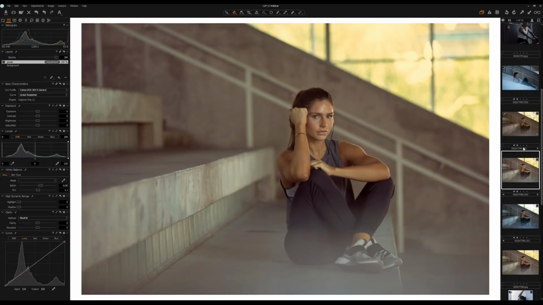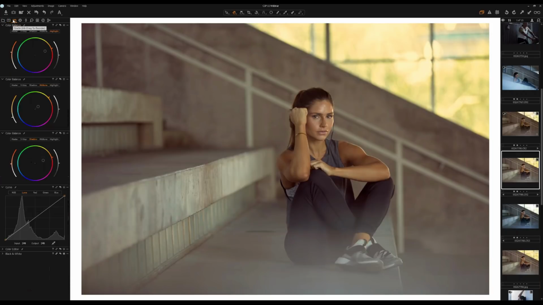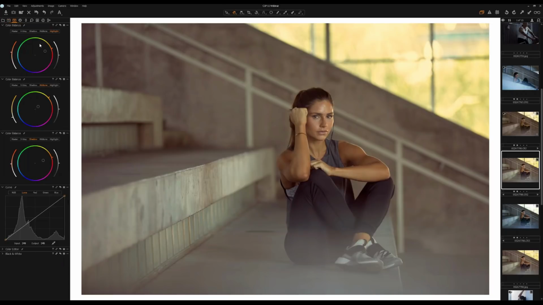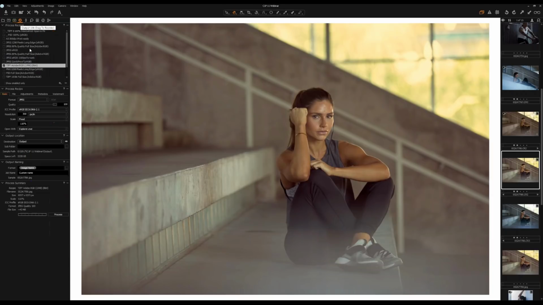So if we notice here, we've got that shift as well. And we've kind of got it to that point. Now, to go a little bit further here, because I've just been sticking within these two tabs, which are basically my exposure and color, is output. So this is where, as you can see, I made a bit of a mess of this, but